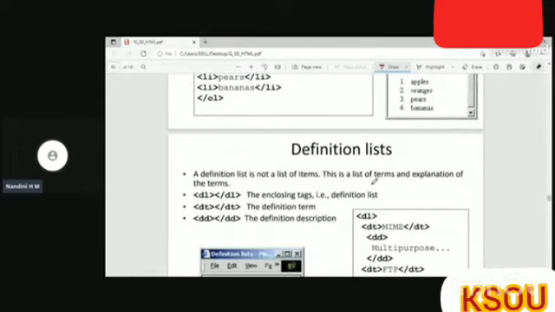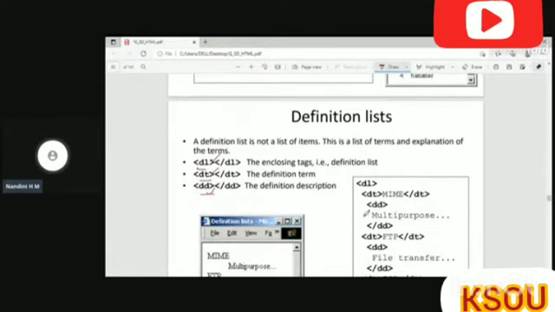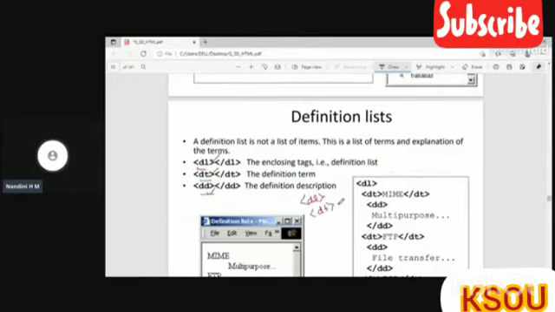And the third one is the definition list. It contains three elements. One is DL, DT, and DD. This is the definition list, this is the definition term, and this is the definition description. So you can see here, it starts with the DL, and then the definition term, which you want to describe, that you have to write here.